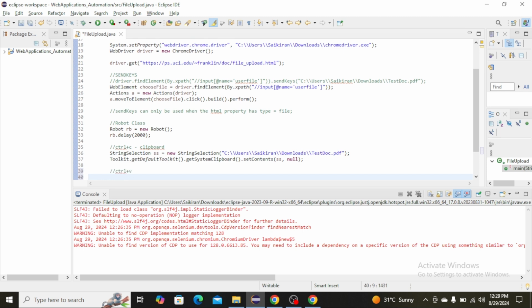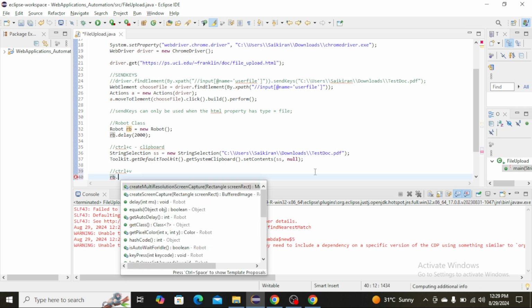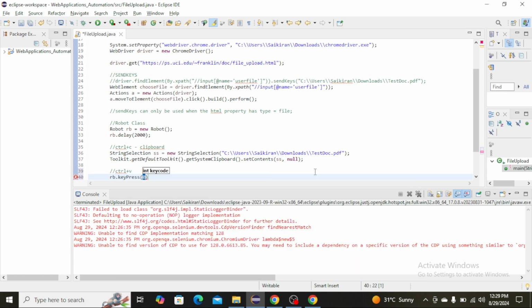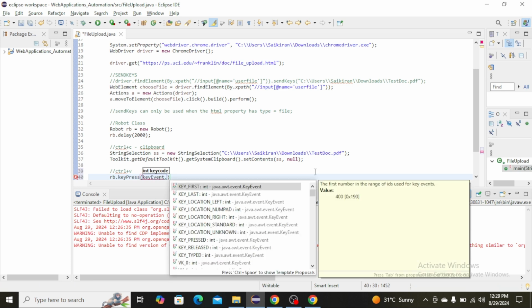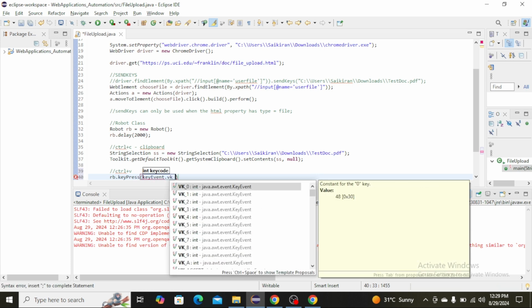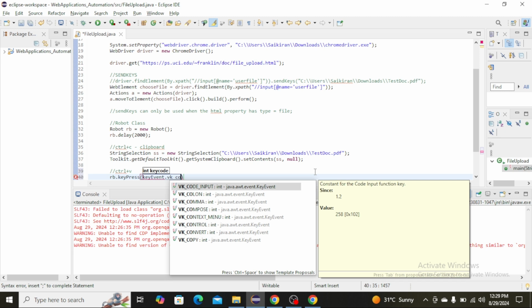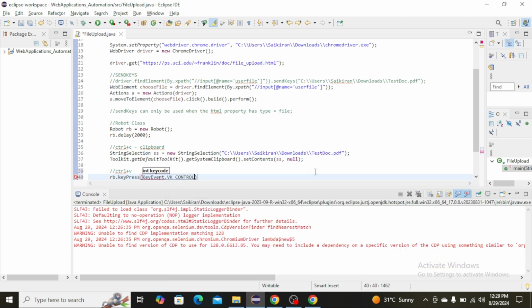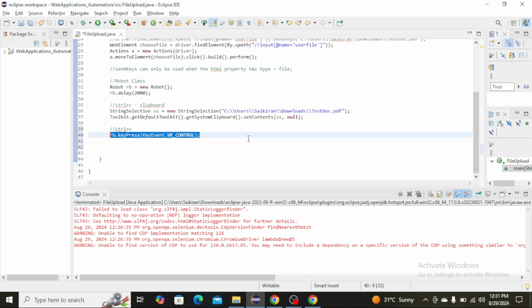ctrl+v. Further, we need to use the keyboard functions of the robot class. We already created the object, right? rb.keypress, and here you need to write KeyEvent dot VK underscore control. Here it is. Same thing we need to write for pressing V on keyboard. So copy it, and here instead of control you just give V,